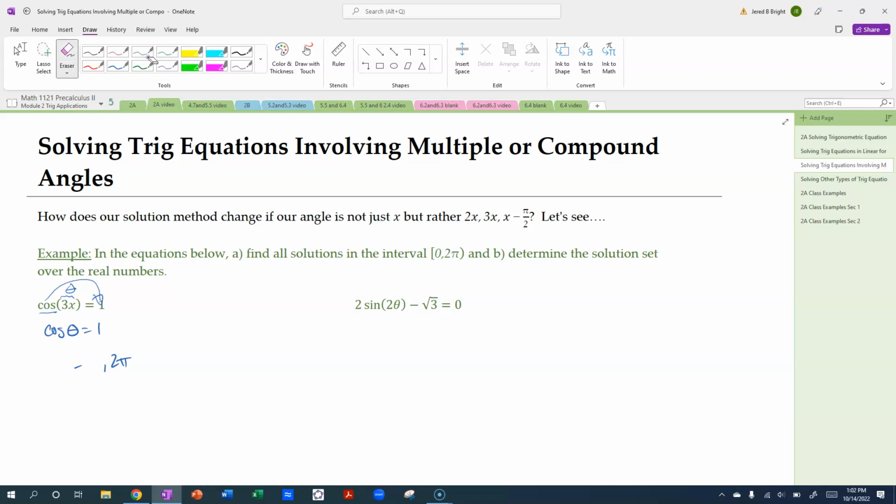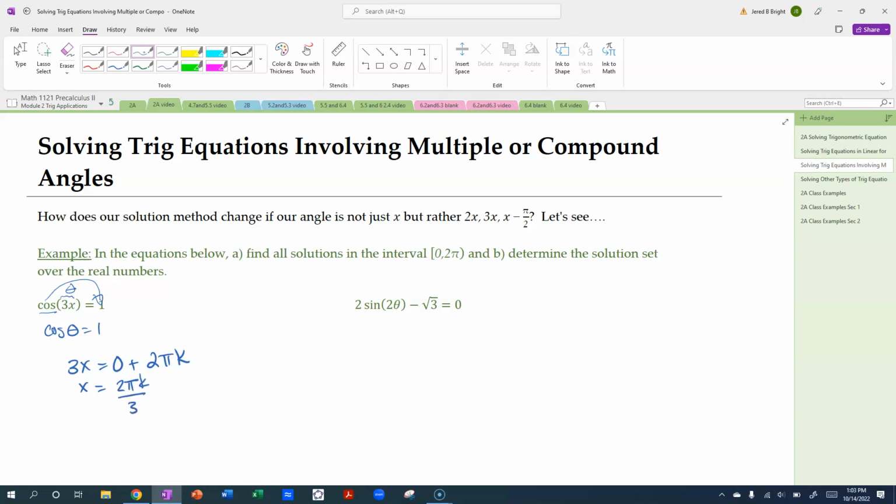Then we have to say, we're not actually working with theta, we're working with 3x. So let's say 3x is equal to 0 plus 2 pi k, just to capture all the cases. We know the first instance of cosine being 1 occurs at 0 radians, and then every 2 pi radians thereafter, which is why we tack on the plus 2 pi k. My angle is 3x, so we have to solve for x by dividing by 3. x is equal to 0 divided by 3, which is still 0, so let's just get rid of it. So we have 2 pi